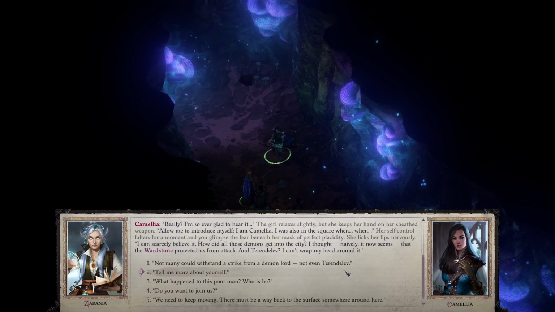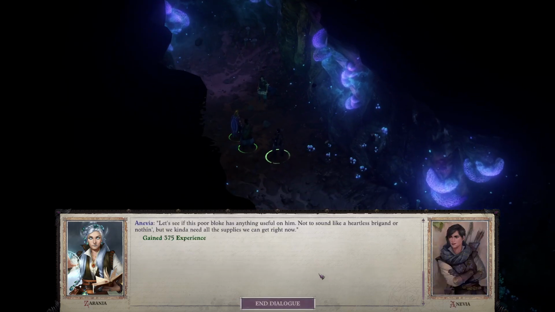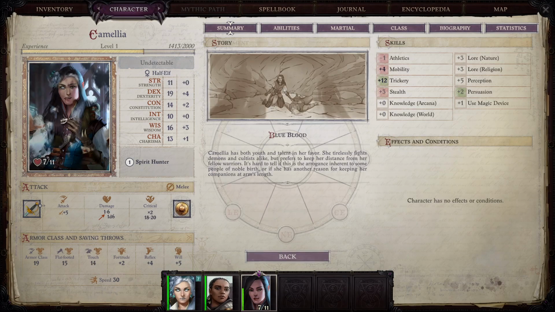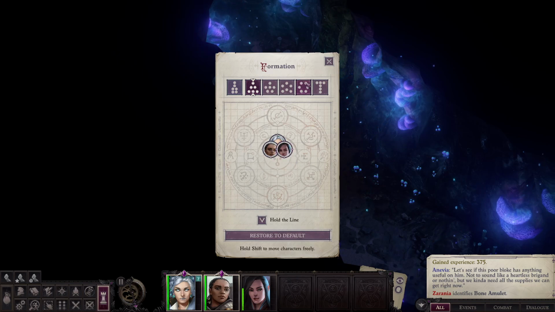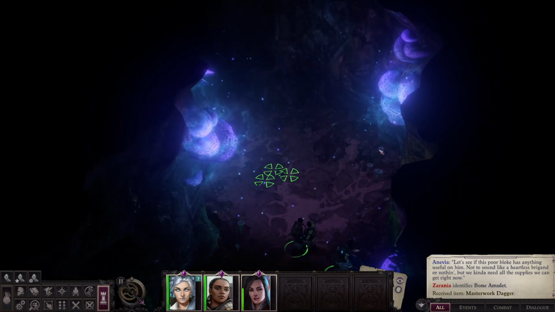You could also just wait to do it to this. But you'd miss out a little bit on this XP. Remember, we were at 1038. Camilla joins. We're now at 1413. And she is also at 1413. Like I said, I don't know why Camilla is different, but she is. So, now that we have gotten all our appropriate XP for those,